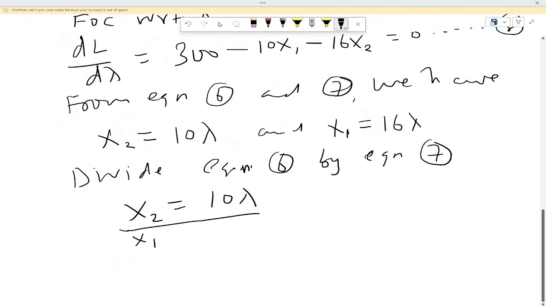Here is your x1. So let's take that again. From equation 6 and 7, we have x2 equal to 10 lambda and x1 equal to 16 lambda. So you divide equation 6 by equation 7 and you have